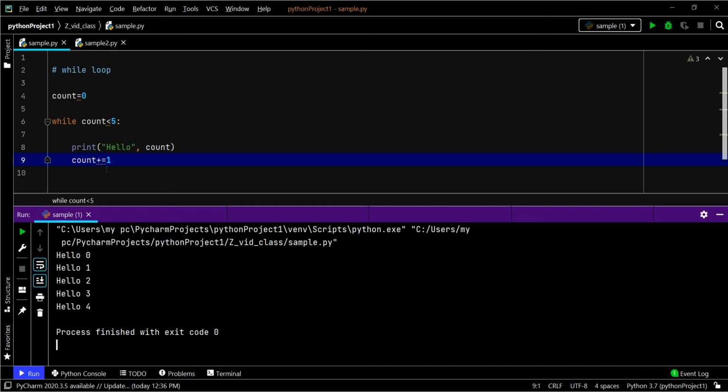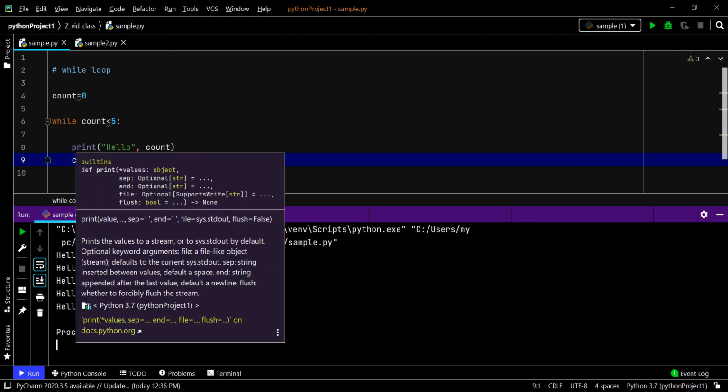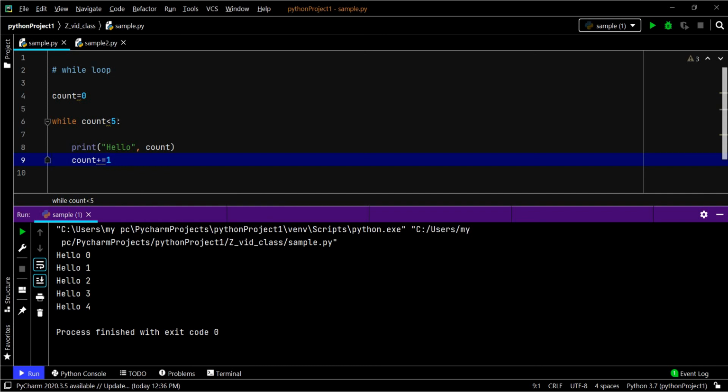So 1 plus 1, now the value is 2. Checking, 2 is less than 5, so it's just printing. Then again incrementing the count value by 1, so 3, and so on. It prints till the count is less than 5, which is 4. Whenever the count is 5, the condition becomes false, so it exits from the loop. If the condition is true, it will keep on executing till the condition becomes false. In that case, you can use a while loop.